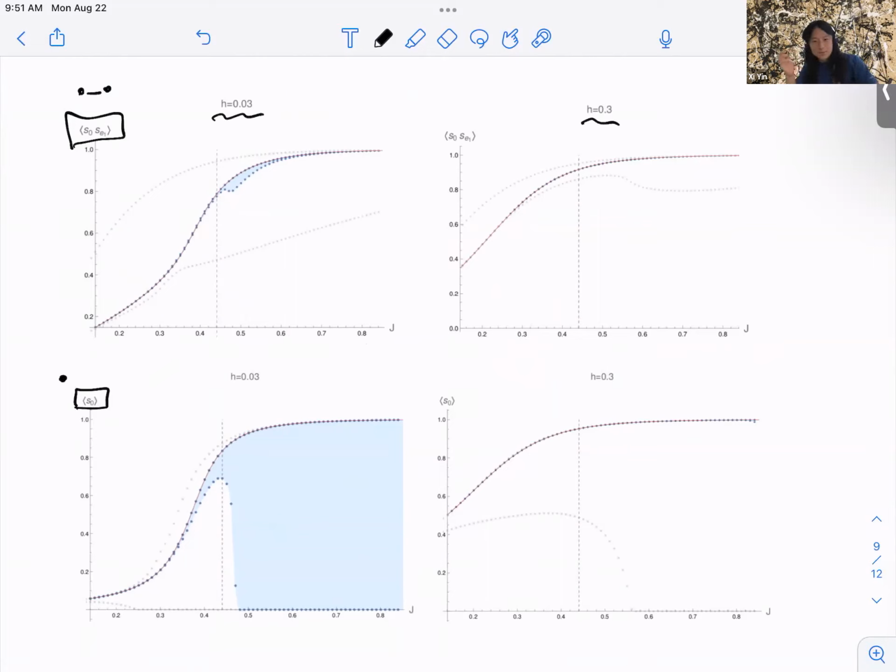But as you might imagine, if the magnetic field is strictly zero, then it's not possible to get a non-zero lower bound. But if it's slightly non-zero, and you're in the low temperature phase, then you expect the spontaneous magnetization. And indeed, you can see, for example, this one is one of the dramatic plots.